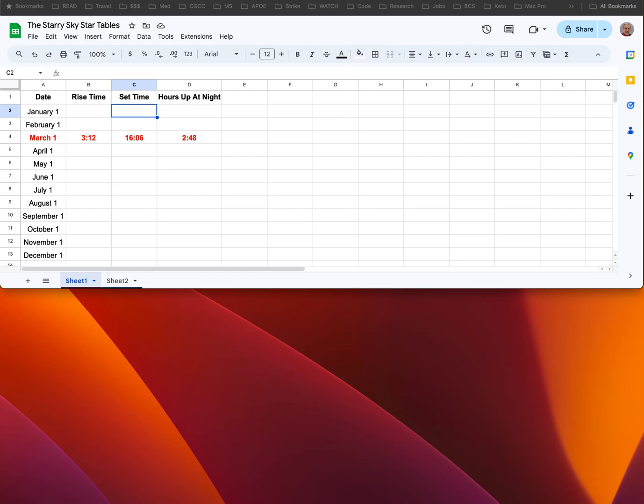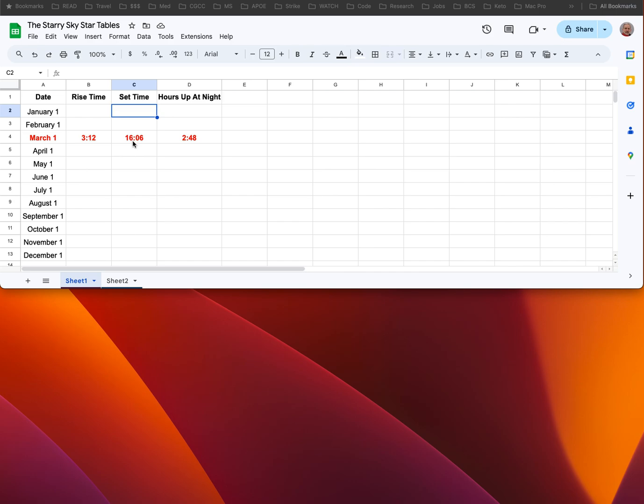The real problem is understanding what the time is that I want you to compute. So for example, I'm going to give you an example of March. In March, Altair rises at 3:12 a.m. and it sets at 16:06, which is a little after 4 p.m. in the afternoon. Now, in order to get the hours up at night, there's a little bit more you have to do besides just subtracting, because you can see that it's up for about